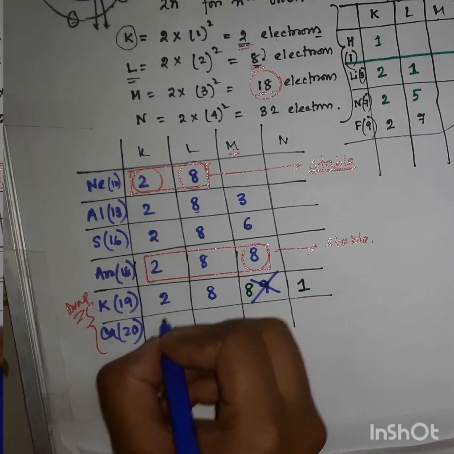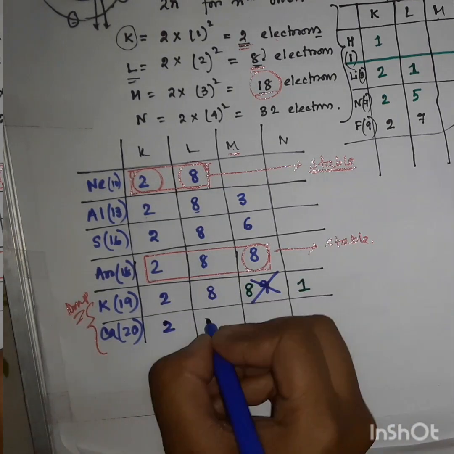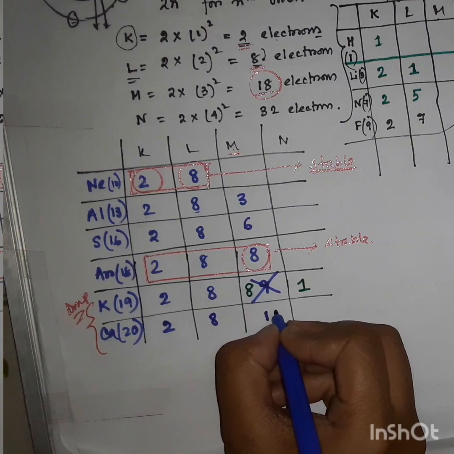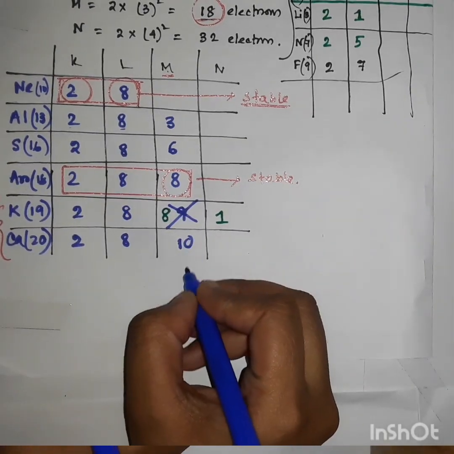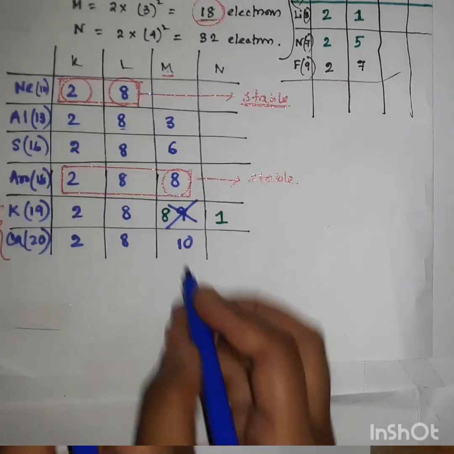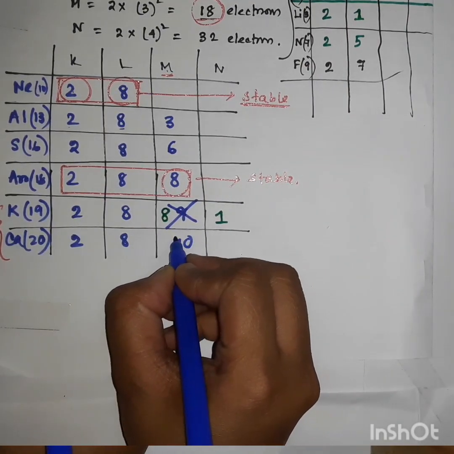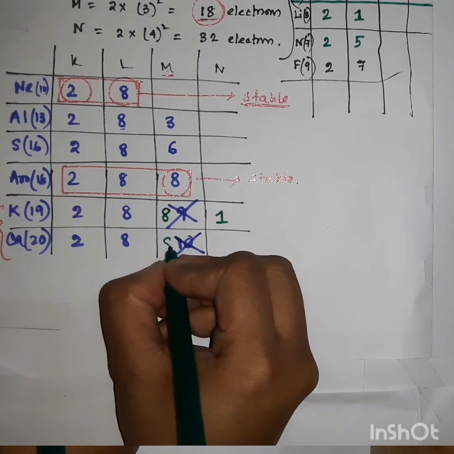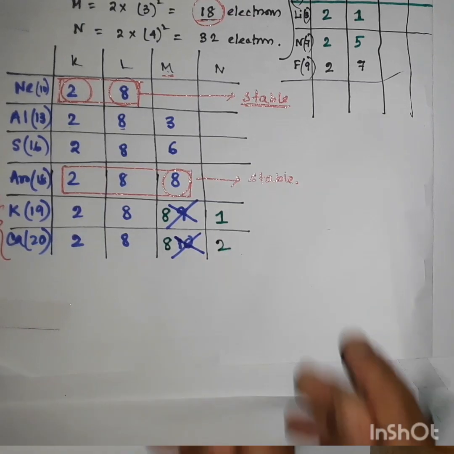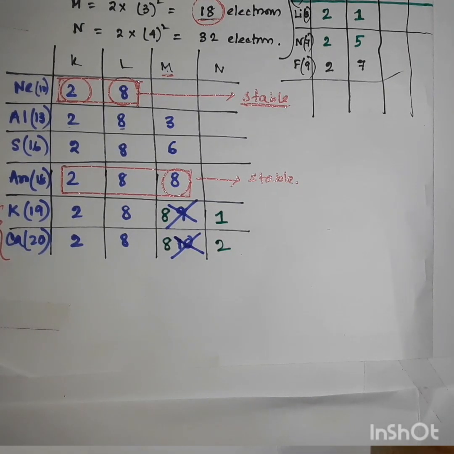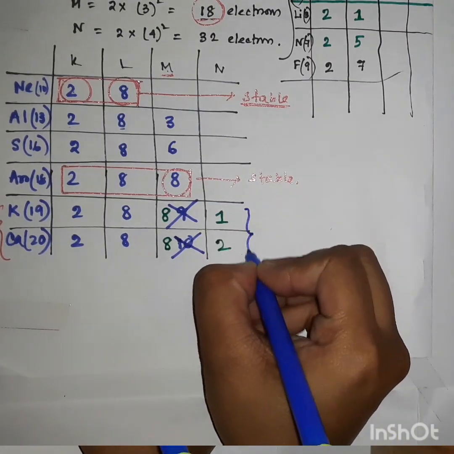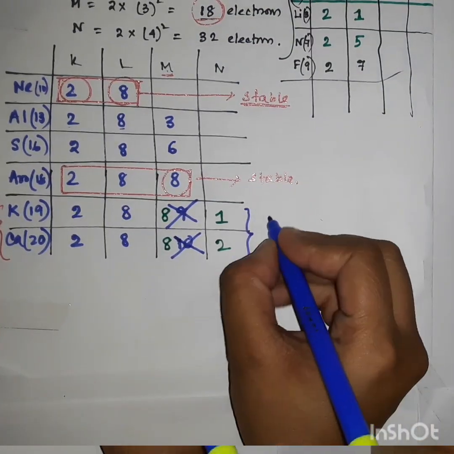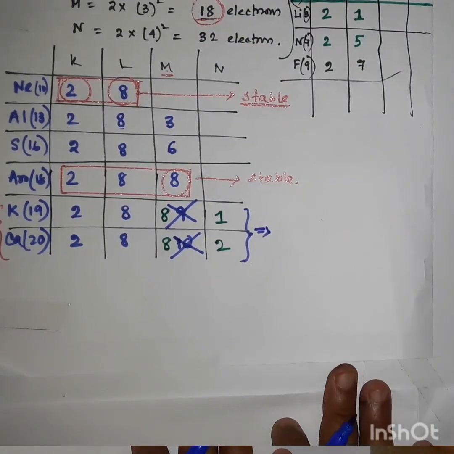Similarly, in the case of calcium, first 2 will come at K and 8 at L. This is very normal. And I could put 10 electrons here to make the whole electrons completely arranged. But I can't put 10 electrons in the M orbit. So what do I have to do? Again, here 8 electrons are placed and the remaining 2 electrons will come at the N orbit. As these 2 examples are exceptions and cannot maintain the 2n square rule, a different explanation arises.